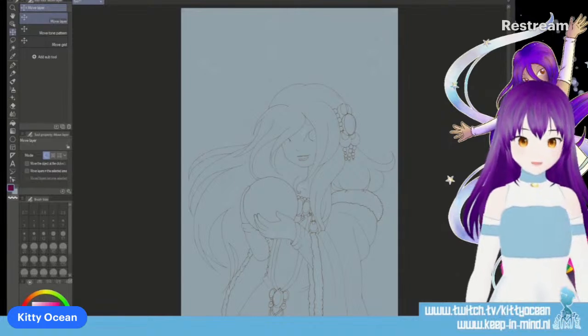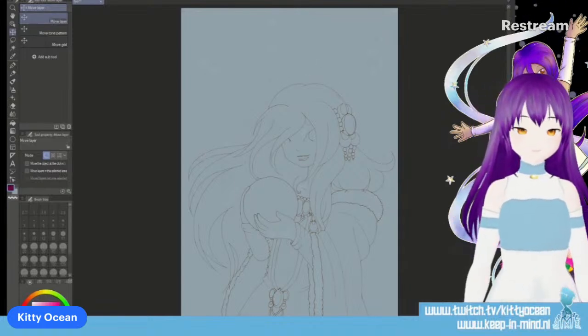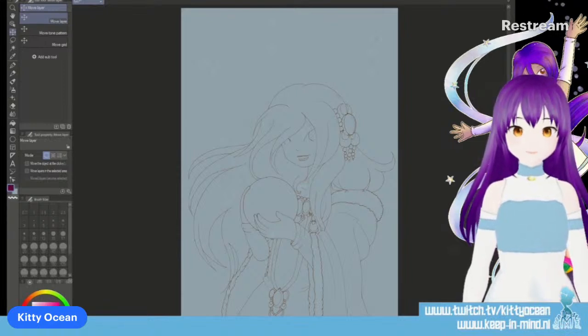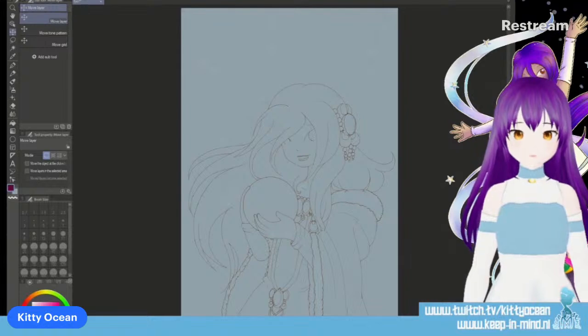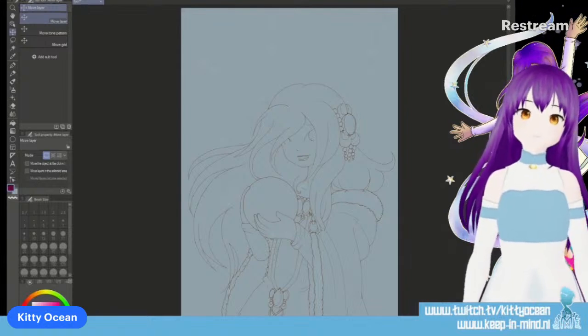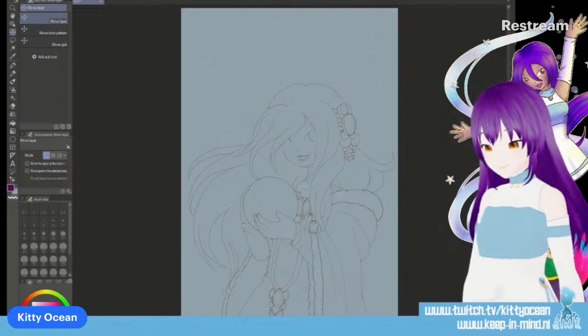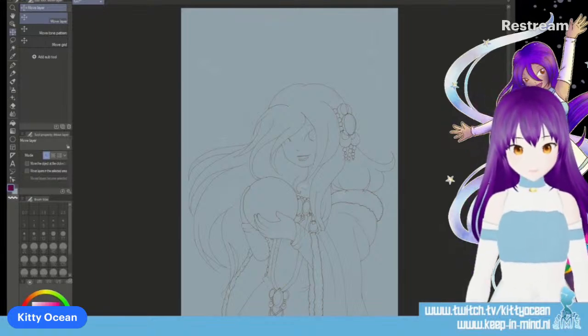And duplicate the line art. And hide one in old colors. Duplicate line art and hide one way below. There we go. Right. Let's start the recording now as well.